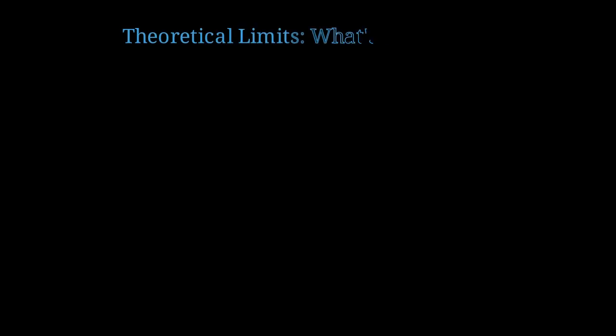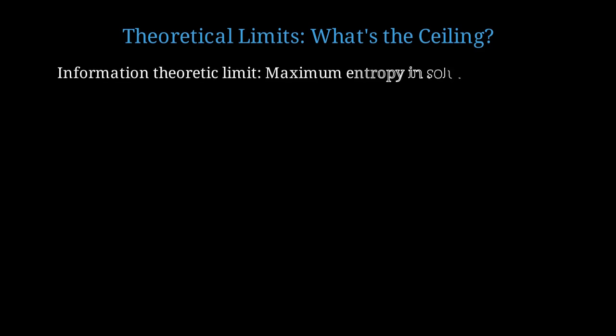Let's examine theoretical limits. How good can this system possibly get? Is there a ceiling? From information theory, there's a maximum entropy bound. The solution space has finite dimensionality based on your constraints. Once you've explored most of that space, marginal returns diminish. Entropy equals negative sum of p of x times log p of x. As you sample more ideas, you reduce the remaining entropy. Eventually, you've covered the high probability regions of the space.